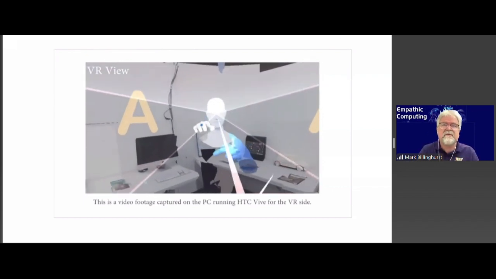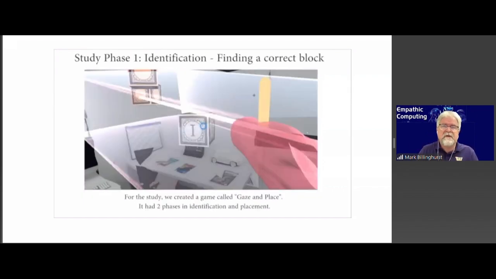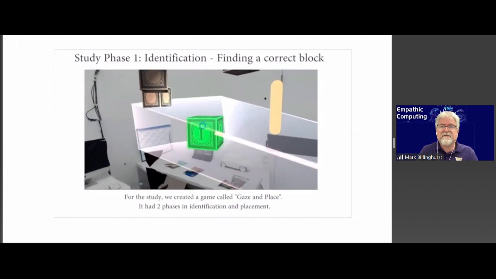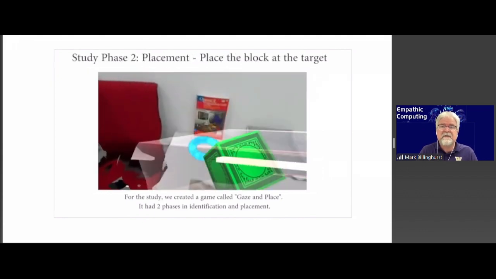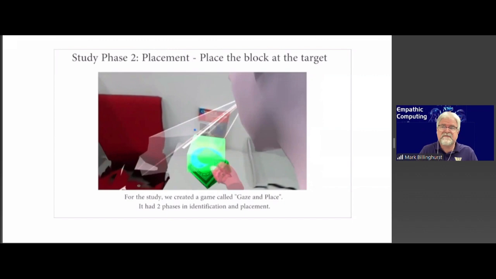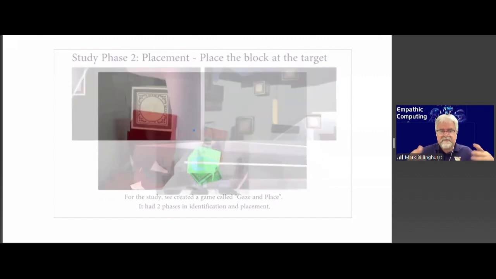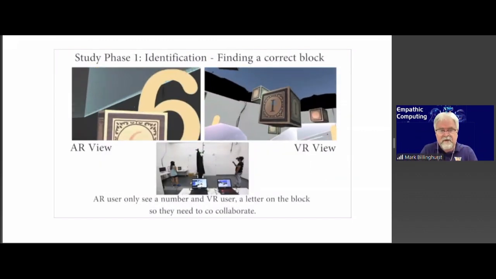This is the VR view, so it's a virtual copy of the real world. And now I can see what the person's looking at, even if I can't see their face. So I can tell they're looking at that cube there. And then when they move closer, I can see their face coming into view. So this provides a very powerful non-verbal communication cue.